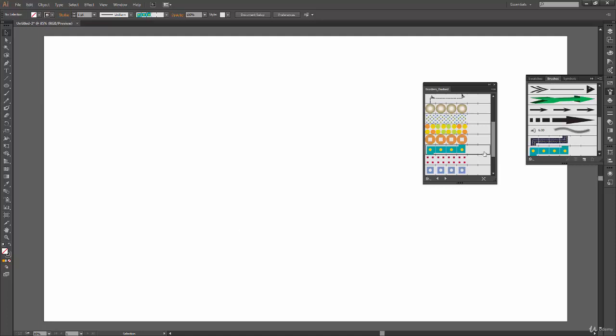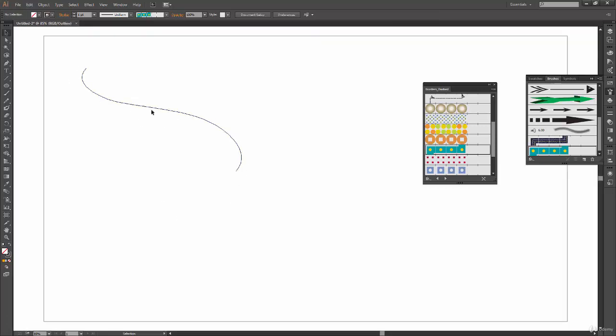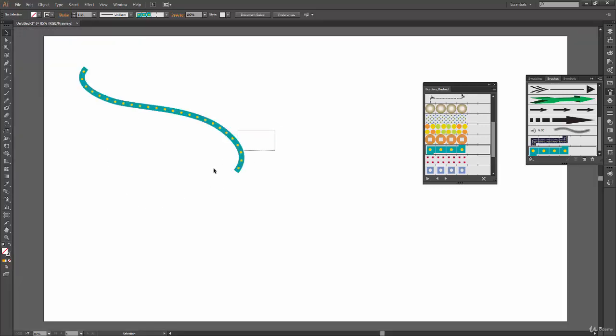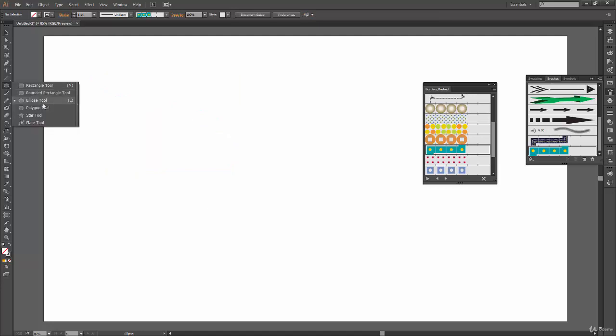So does that mean we can use all these libraries only with the brush tool? The answer is no, because the brush tool even creates a path. When I draw something, you can see if I press Ctrl Y over here, there is a path behind it. So if you are able to apply this kind of stroke on a path, that means you will be able to apply it on any shape you have in Illustrator.